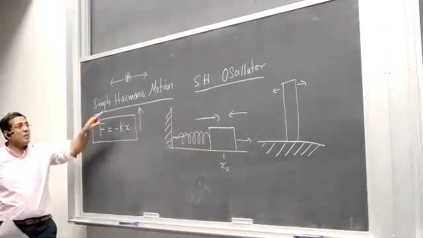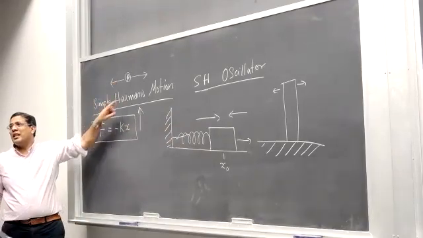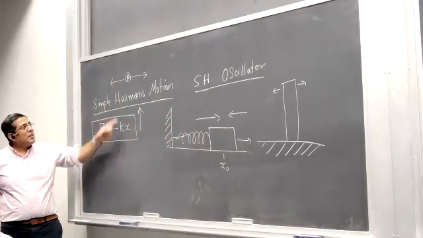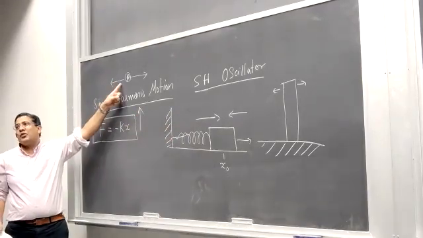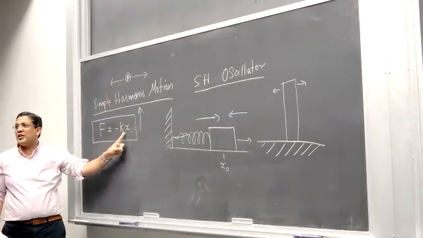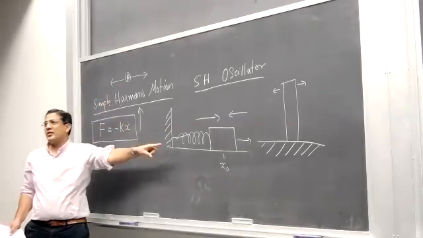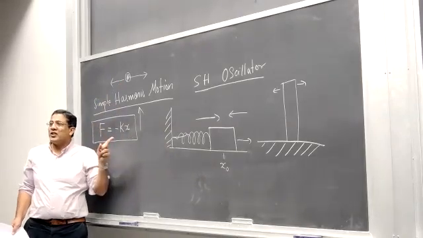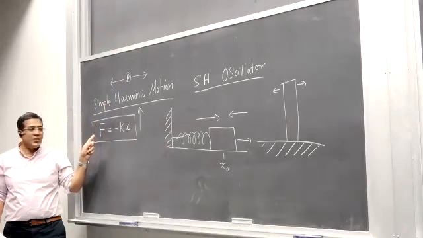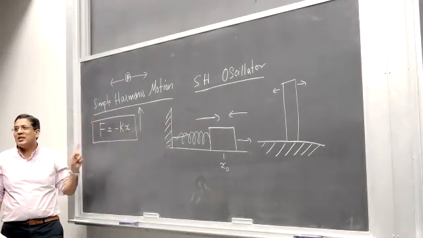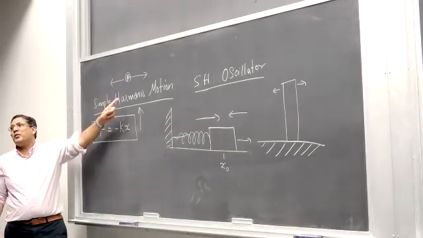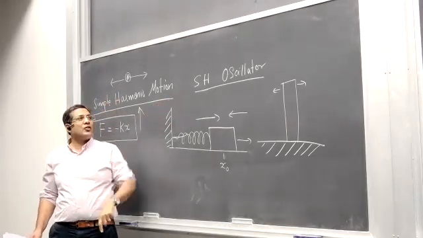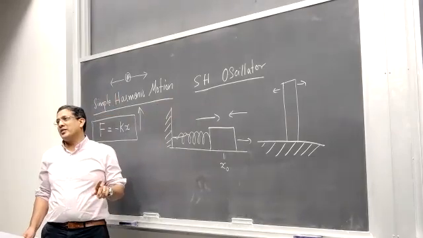So this is a special case of the to and fro motion. To and fro motion is any motion that is back and forth, but all those more general forms can have different types of forces restoring their equilibrium position. But if that restoring force is of this shape, then that's a special case. Then any to and fro motion is simple harmonic motion, and the system that exhibits that is called a simple harmonic oscillator.